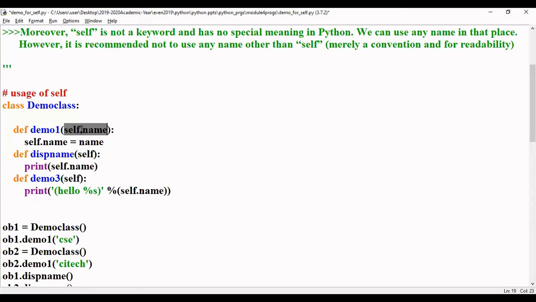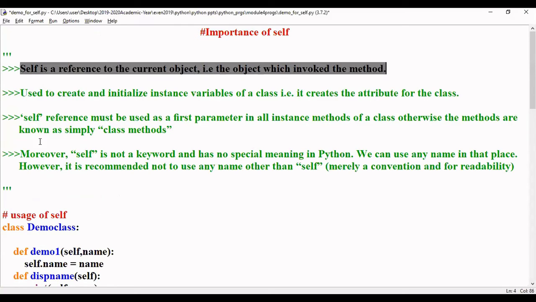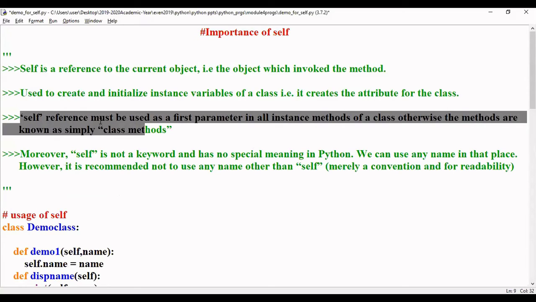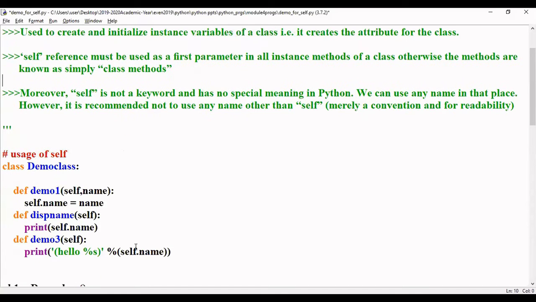So self acts as a current object reference. That is the first point. Second point is it is used to create and initialize instance variables. So any variables you are going to create and initialize will be done through self. Now, third point: self reference must be used as the first parameter in all instance methods.